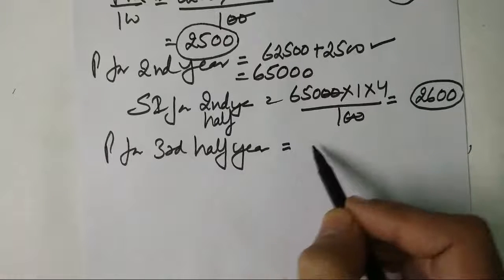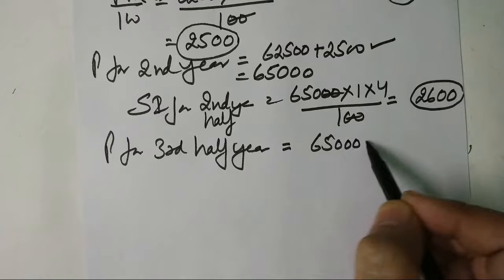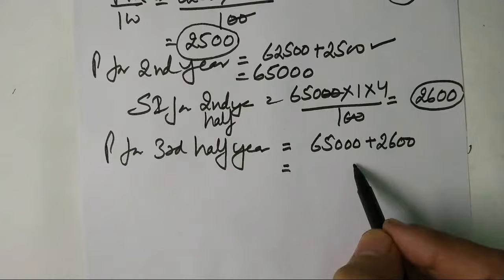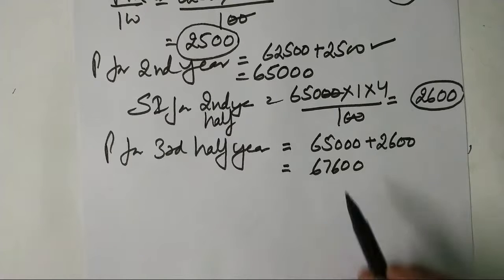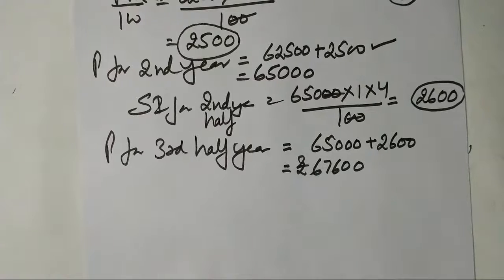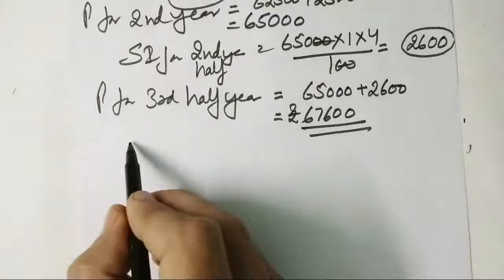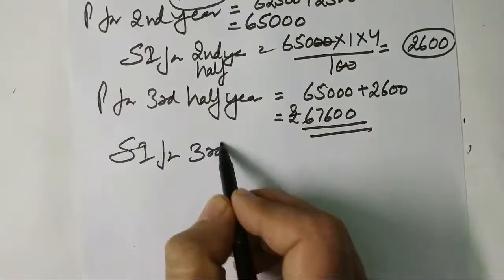So it will be 65000 plus 2600, which will become 67600, the new principal, which will be used for calculating simple interest for third half year,